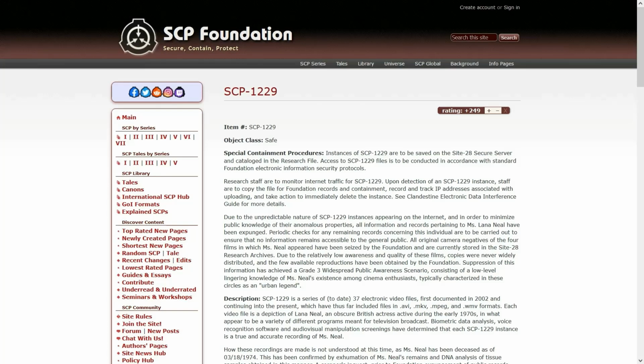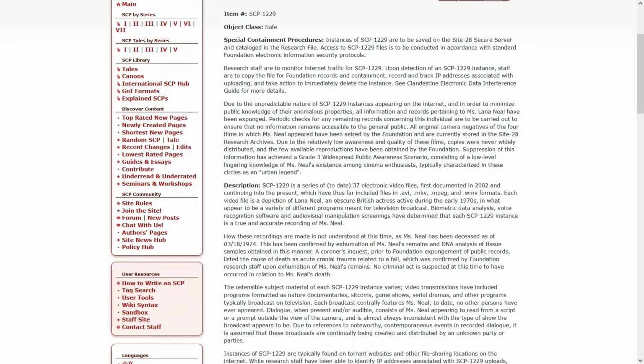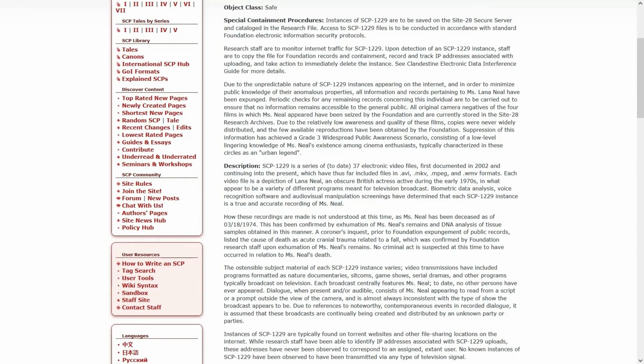So, SCP-1229, it's safe. Lies. Instances of SCP-1229 are to be saved on the Site-28 secure server and cataloged in the research file. Access to the files is to be conducted in a...